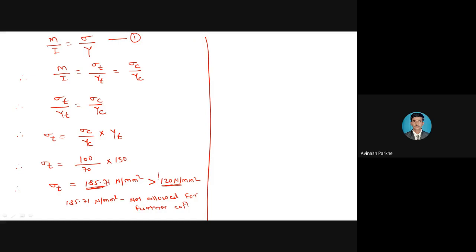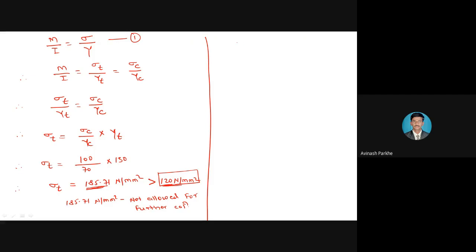That means we have to take only 120 न्यूटन पर mm स्क्वेअर. आपलं लिमिट किती आहे 120. ही जर सिग्मा टी ची व्हॅल्यू 120 पेक्षा जर कमी आली असती, 100 न्यूटन पर mm स्क्वेअर आली असती, तर दॅट 100 न्यूटन पर mm स्क्वेअर वी विल कन्सिडर फॉर द कॅल्क्युलेशन. कारण जेवढा बेंडिंग स्ट्रेस तुमचा हा कमी डेव्हलप होईल तेवढा तुमचा बीम जास्तीत जास्त लोड काय करेल, सस्टेन करेल. बट हियर यू विल गेट द 185. So this 185 will not be allowed. We'll take 120 only for your further calculation.